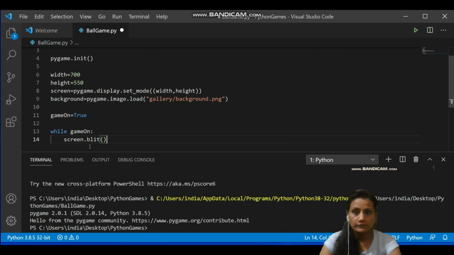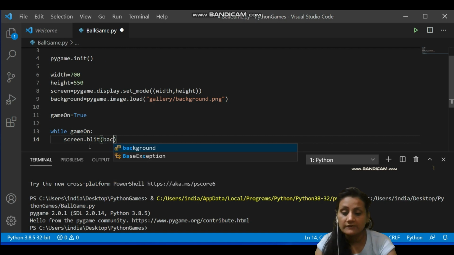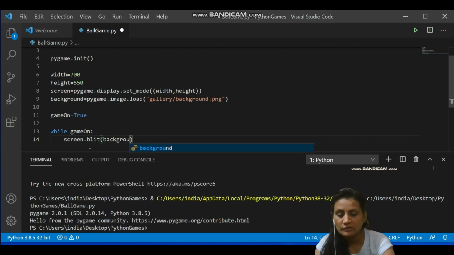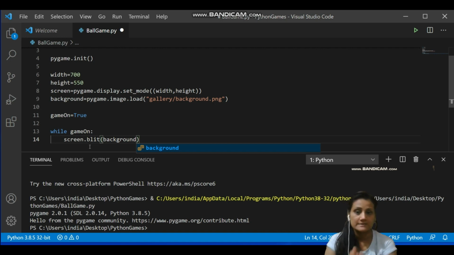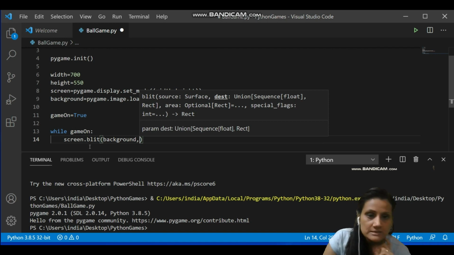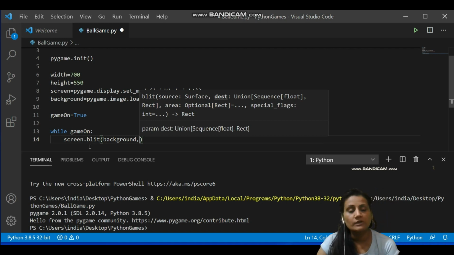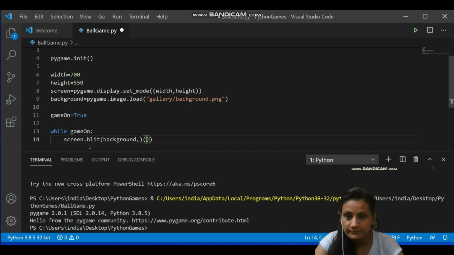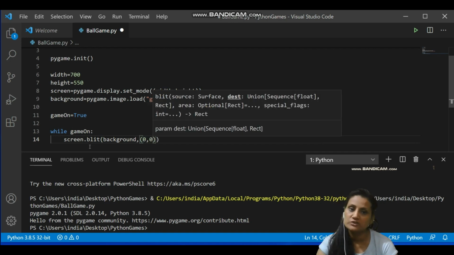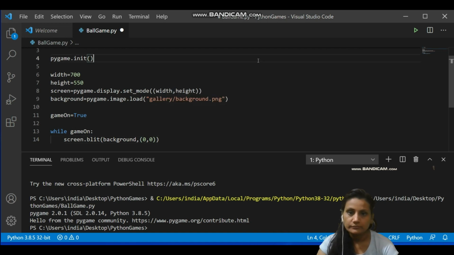What to blit? Now we have to tell. We will give the variable, in which we have the location and proper path of the file we want to place. Blit is placing it. Comma. Now this is the argument where we tell from where to place it, because the screen is 700 by 550. We want it at the 0, 0 position. So small bracket 0 comma 0. This is the position we have given here.